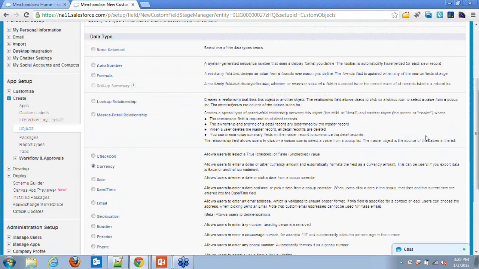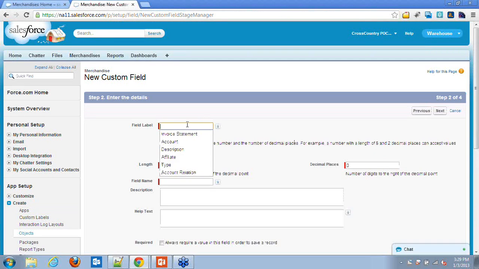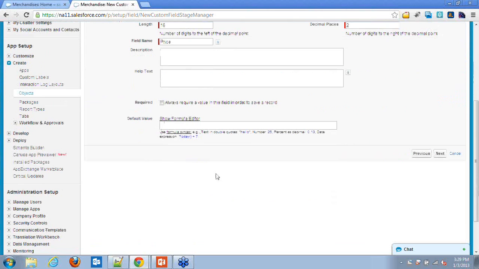We'll add one more field to it, which is of type currency, and which is called the price of that product. As we have selected currency, it's a number, so we are deciding the decimal places as well. And we'll also make it required.